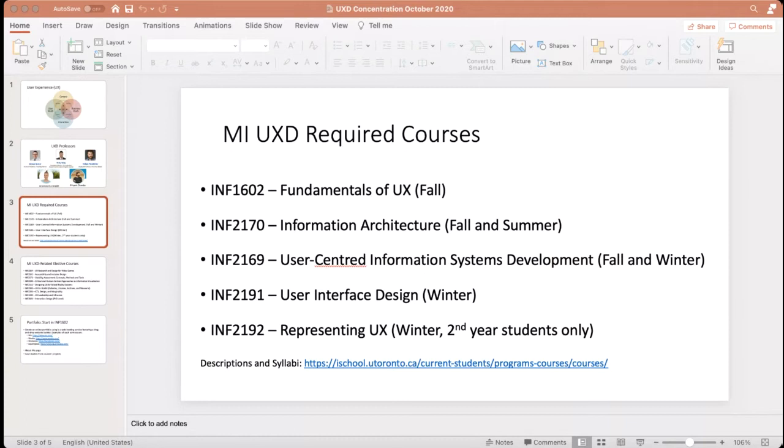So in the fall semester of 2020, which just finished, we have switched to online. So we use tools like Mural, MURAL, to do online design thinking, digital notes, digital whiteboarding, et cetera, right? So we've had quite a few tools that we've introduced to do things online. We've done all the student presentations online, all the ideation sessions online. So we have managed to do something fairly decent, I think.